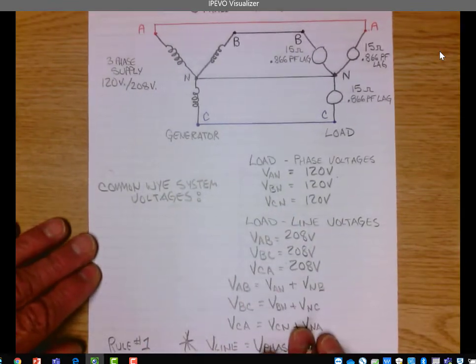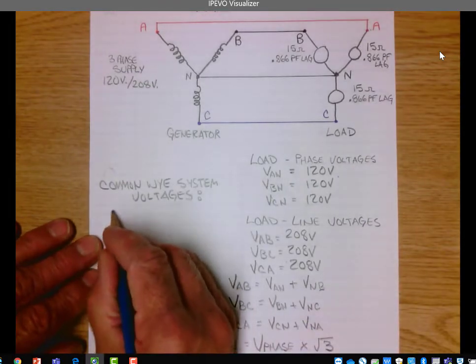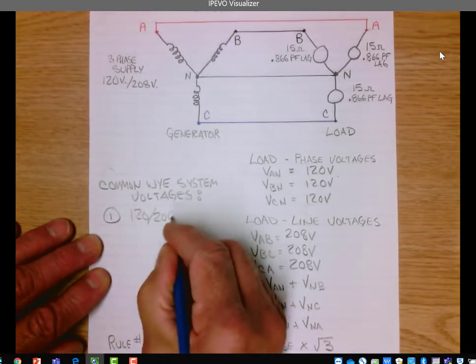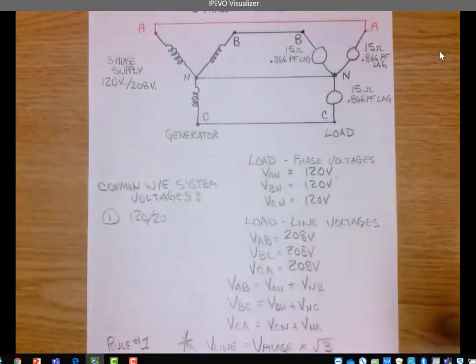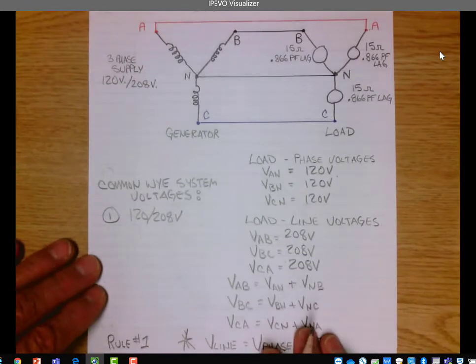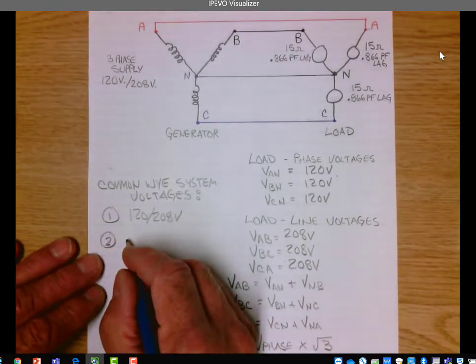I'm sure a number of you have probably heard of them. One of the most common is a 120/208 volt Wye system. The second common one is